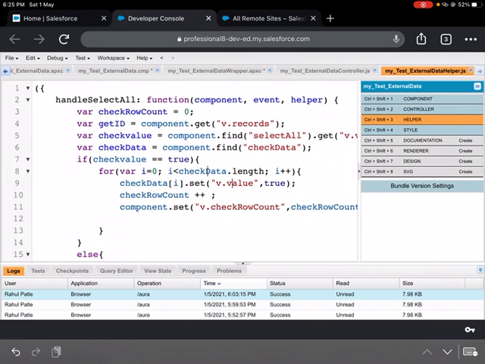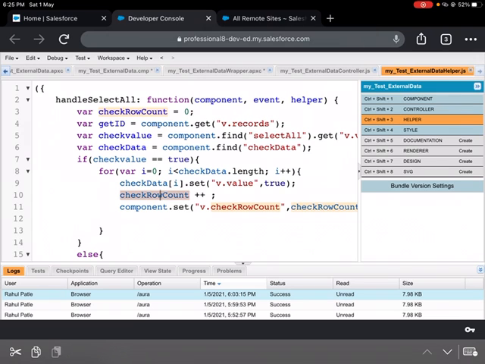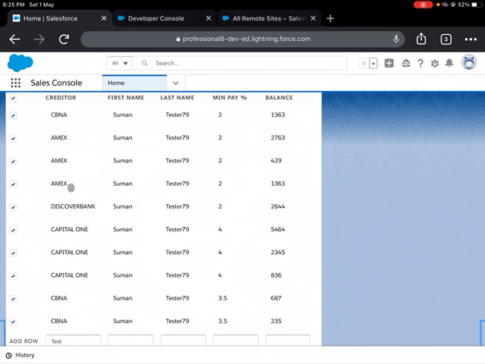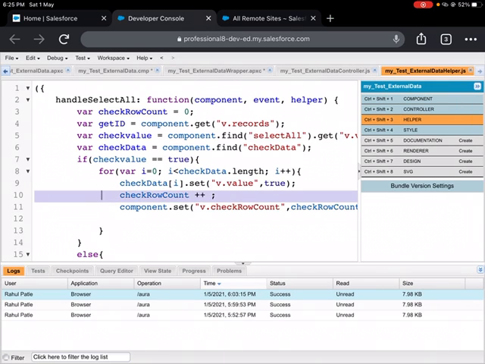I'm iterating through all those records which have the Aura ID as check data, and for each check data until the length, which is actually 10, I'm setting its value as true, and I'm incrementing the check row count here itself. As soon as I set the first value as true, I'm counting it as 1, another value as true, counting it as 2. So once all of them become checked, the total count is 10. That's the reason I'm incrementing the check row count here, which was initially set as 0.